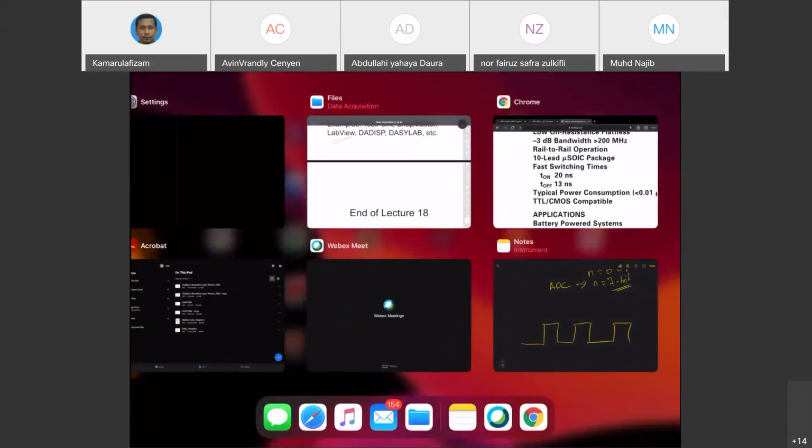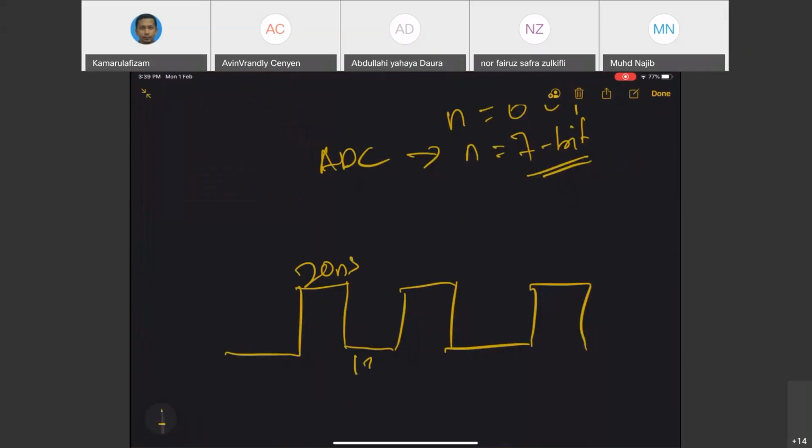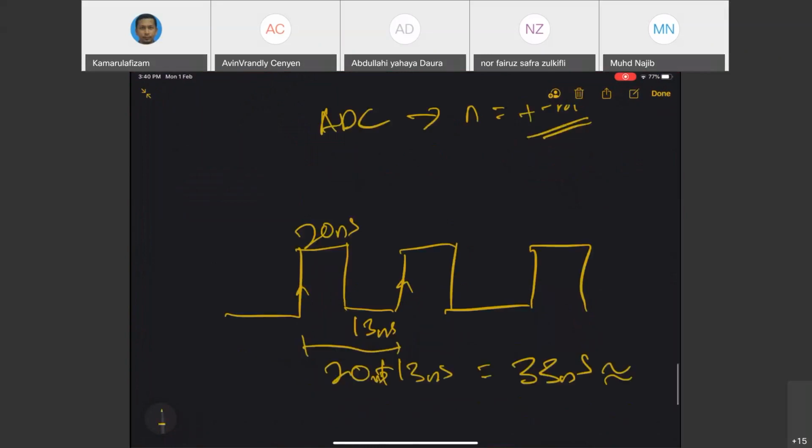This is 20. This is 30 nanosecond. So the total switching time from one sample to the next sample is 20 plus 13 nanosecond. So you are talking about 33 nanosecond, which goes to